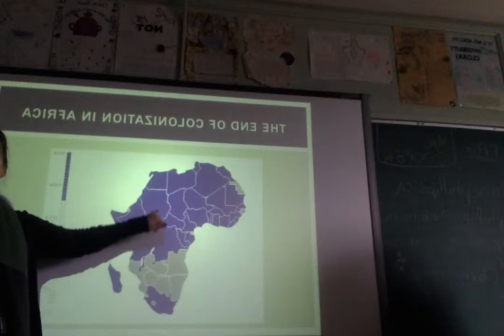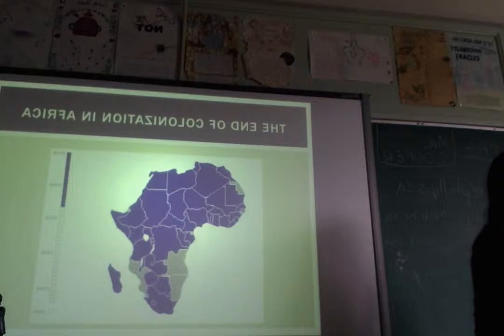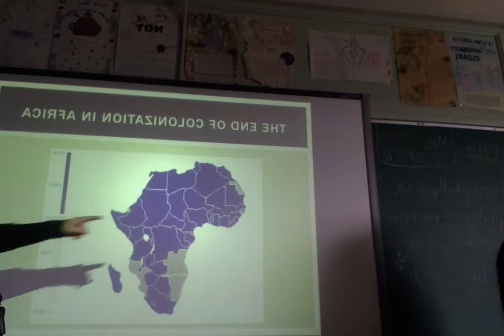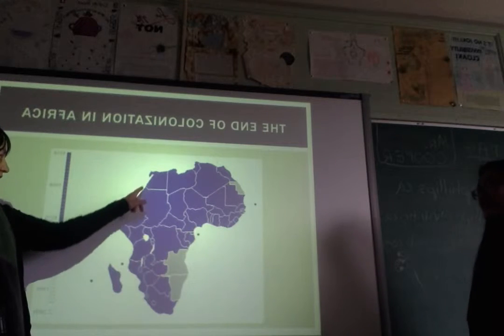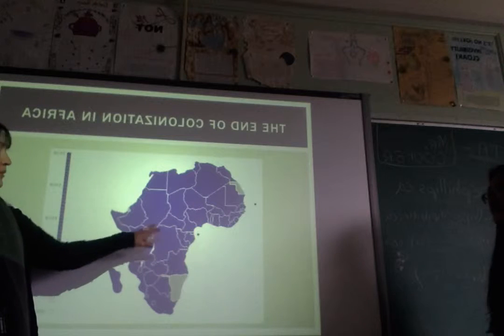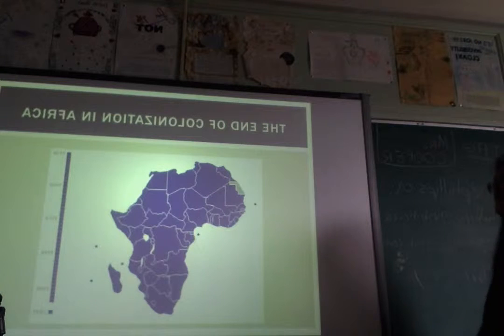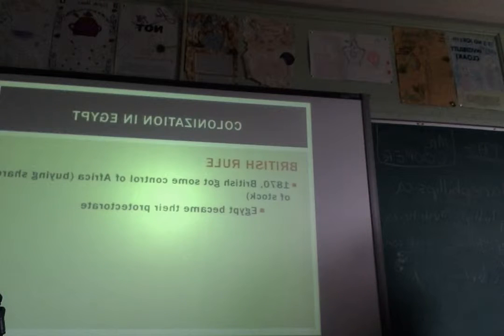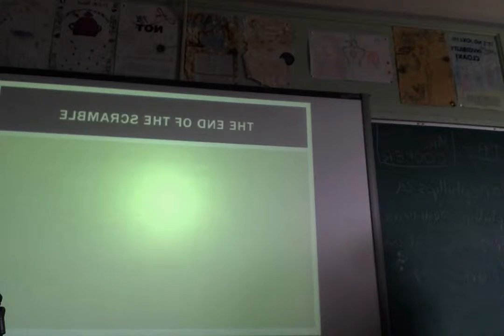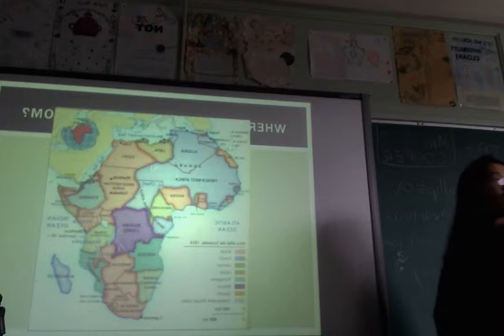So it just showed how intensely colonized it was, and that was just the British. Most of West Africa was colonized by the French. And then a bit of Italy down here, a bit of Belgium and Germany, particularly in the center. But there were enough British colonies that they could literally build a railway from one tip of Africa to the other and stay on their own territory, which is kind of ironic. This little tiny island that claimed the rest of a continent, basically.